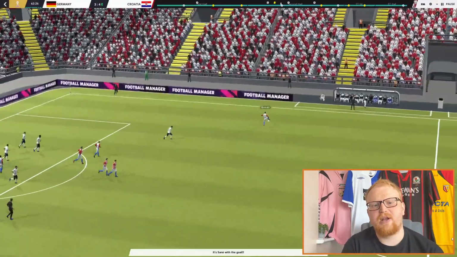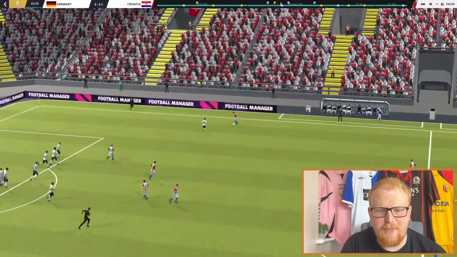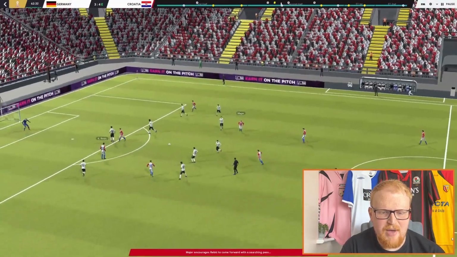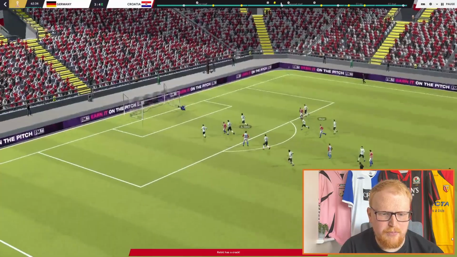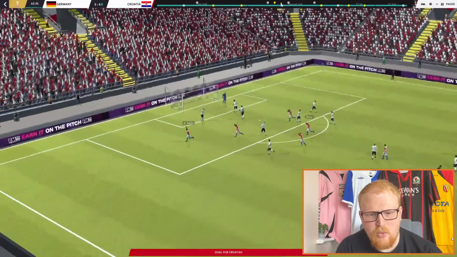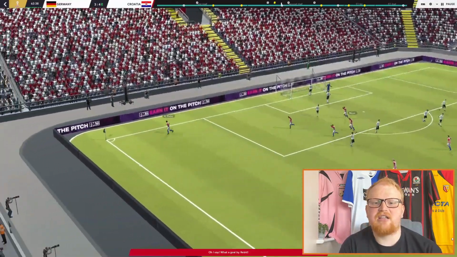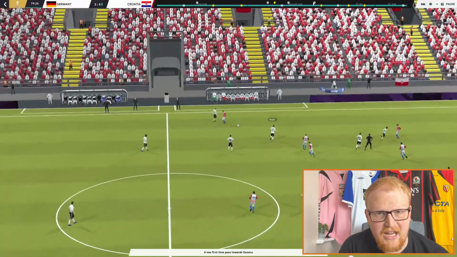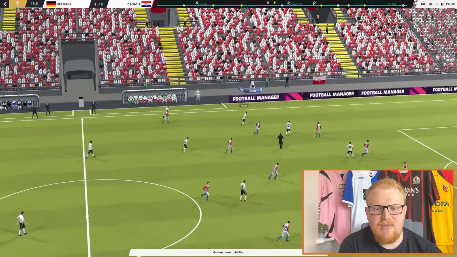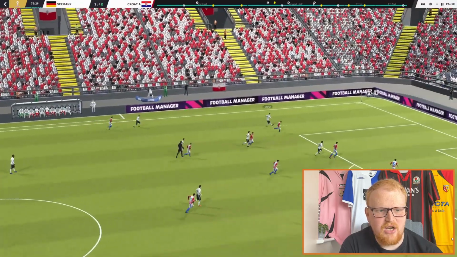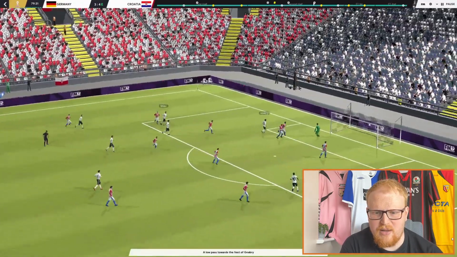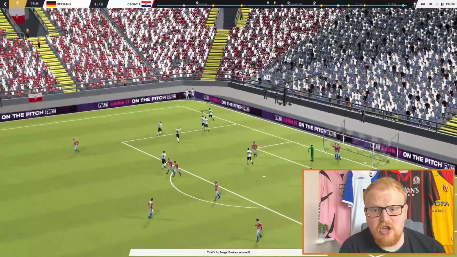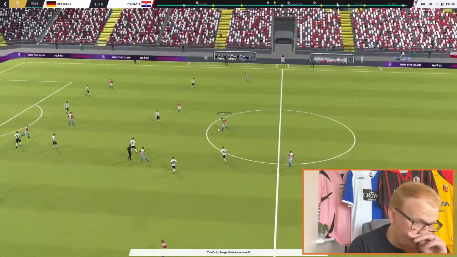2-1 to Germany, but we were not done. The pendulum swinging back once again. Croatia on the attack, and they managed to get the equaliser. Lovely ball in there, and Rebic with a lovely finish from the edge of the area to make it 2-2, but Germany were not staying. They quickly got the advantage once again. 10 minutes left in this game, and it was going to be 3-2 to Germany. Muller into Gnabry, who smacks it home to make it 3-2. And Germany looking comfortable in the end with 10 minutes to go.